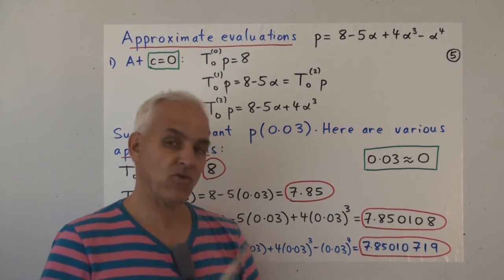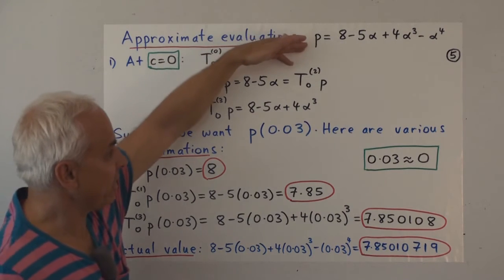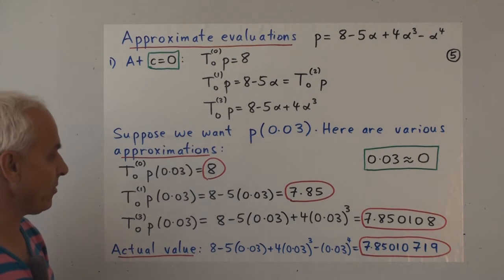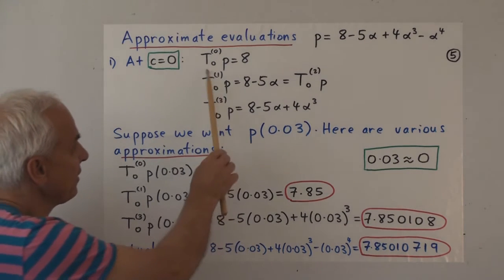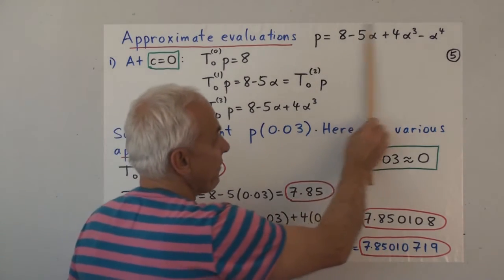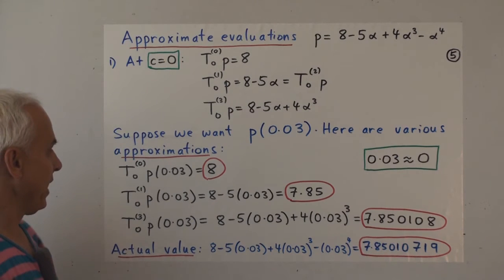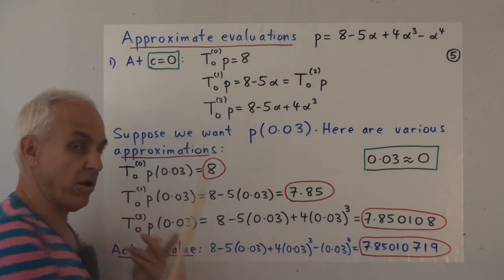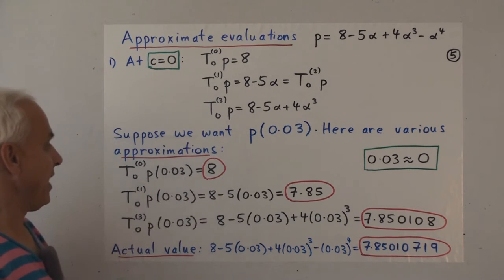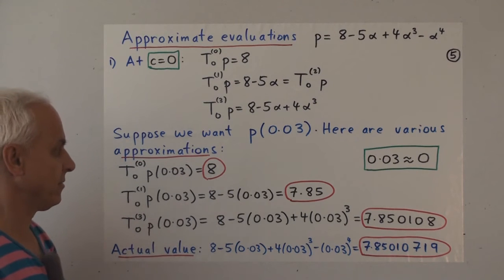Well, that happens in practice quite a lot. And the tangents of the polynumber help us in evaluating. So let's see how. Let's take the 0th tangent, the simplest one, which is just what we get when we throw everything away except for the constant term. That's 8. If we take that thing, which is a polynumber, and we evaluate it at 0.03, well, we just get 8.